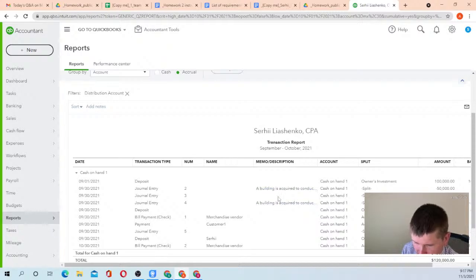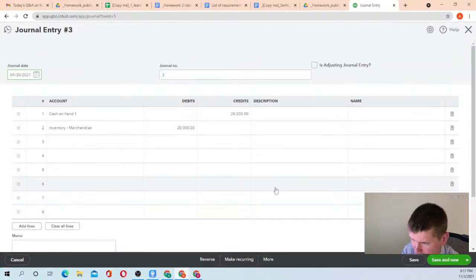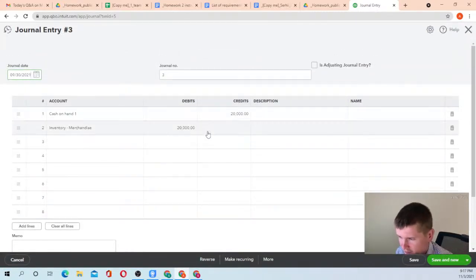Then we acquired a building. I put a description here. It's a good practice to put a description of what's going on. Next one. So building 20,000. What was that 20,000 about? Let's see. So that was a purchase of inventory through cash, through a journal entry, not through bill pay, but through a journal entry. A bill pay is a situation when you receive a bill and you want to kind of book it or maybe pay it immediately. And in that case, you